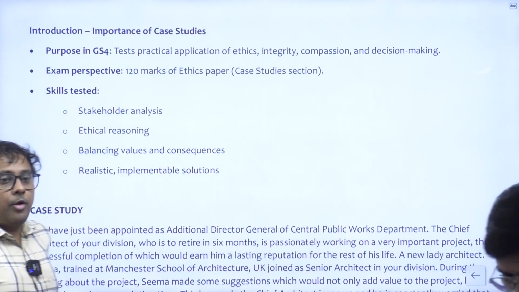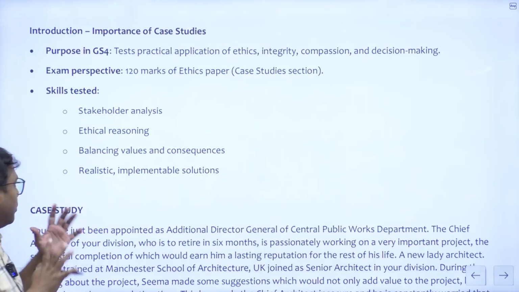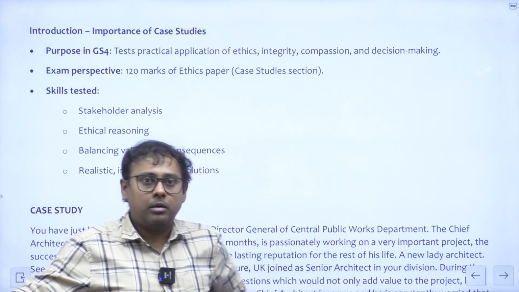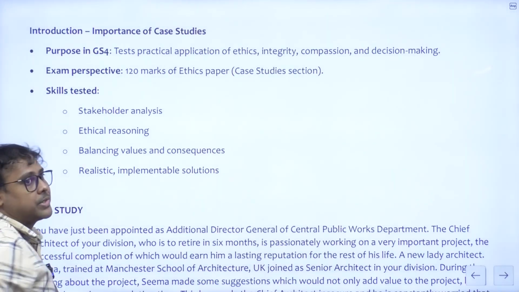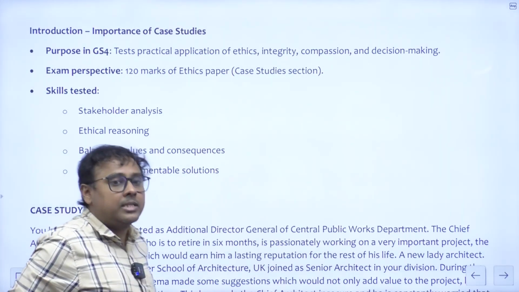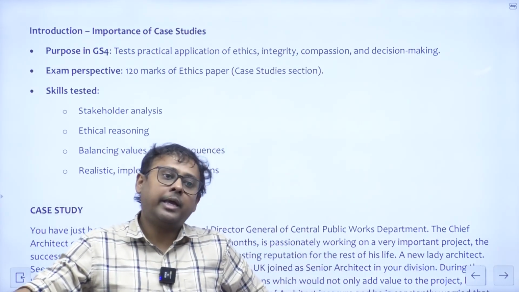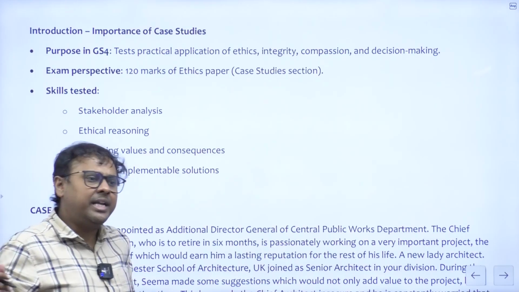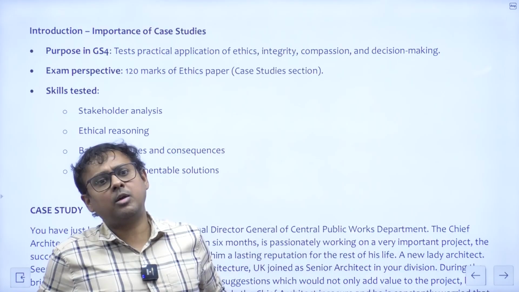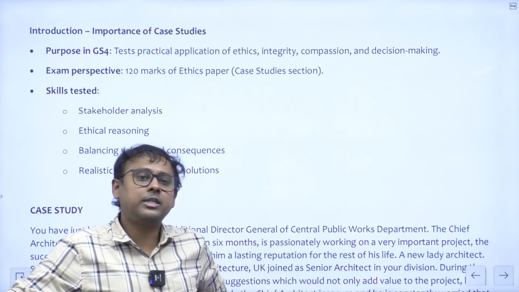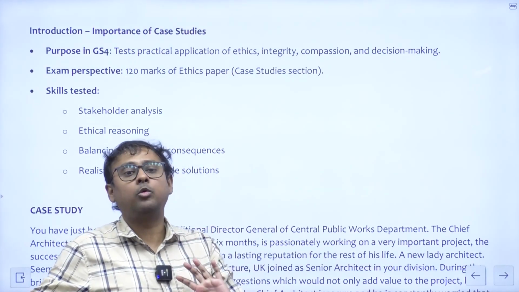Now, you have to understand something. What are the skills that they are focused on when they are seeing your paper? First is stakeholder analysis, right? Now, stakeholder analysis does not mean that you have to write down the stakeholders. In this particular class, you will see in one case I have given stakeholders. Okay, directly UPSC will not categorically say list down the stakeholders, right? They will not say that, but it is important that you highlight the stakeholders, because